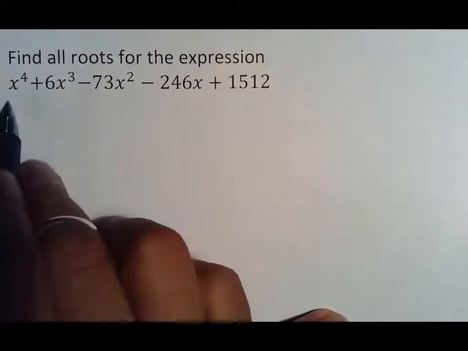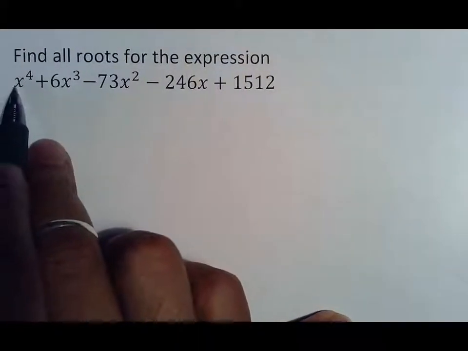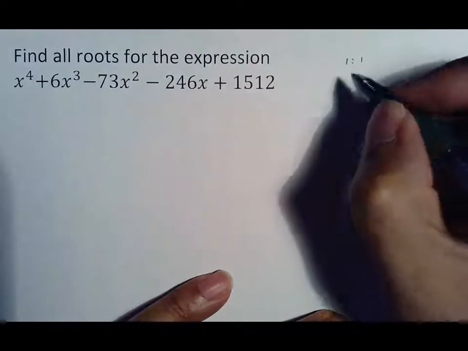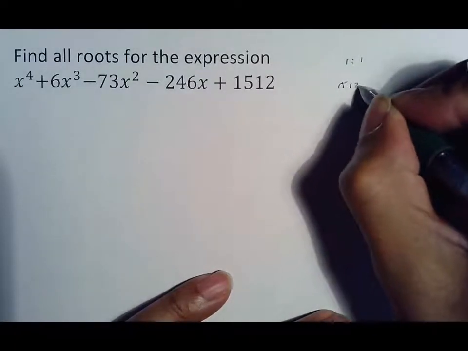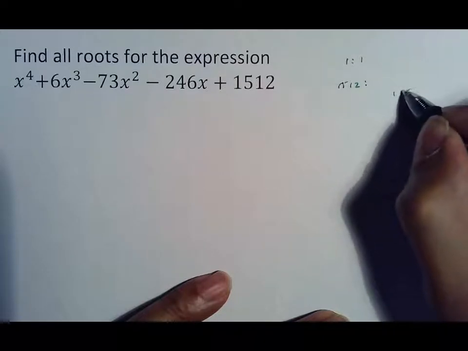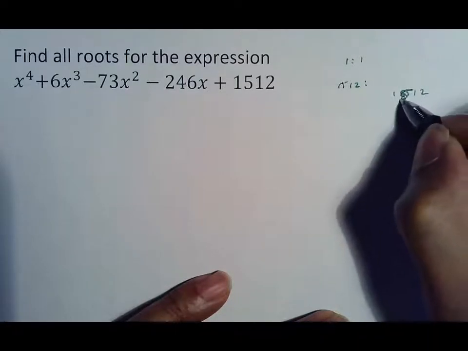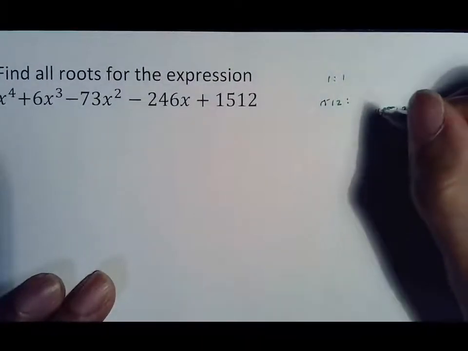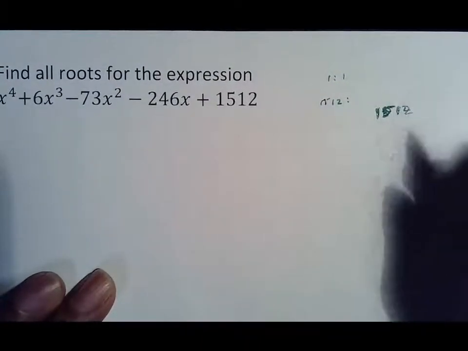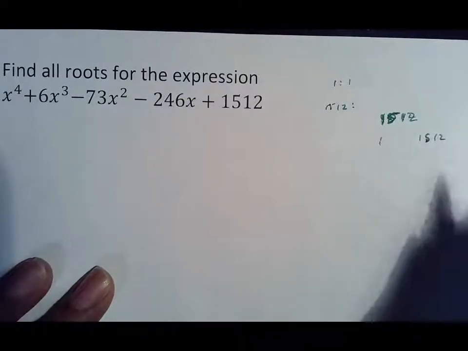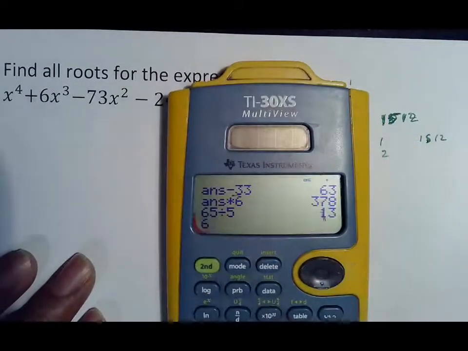And so we know, well, the good news is there's no fractions because our leading coefficient is 1, so everything is just going to go over 1. So there's no need in using that because, again, the factors of 1 is just 1. But our other number is 1512, which is kind of big, and I think I'm going to use a factor tree to do this because I don't want to make a list that I don't know how big it's going to be. So 1512 is my number. I know that 1 and 1512 is it. I'm pretty sure 2 goes in there also,